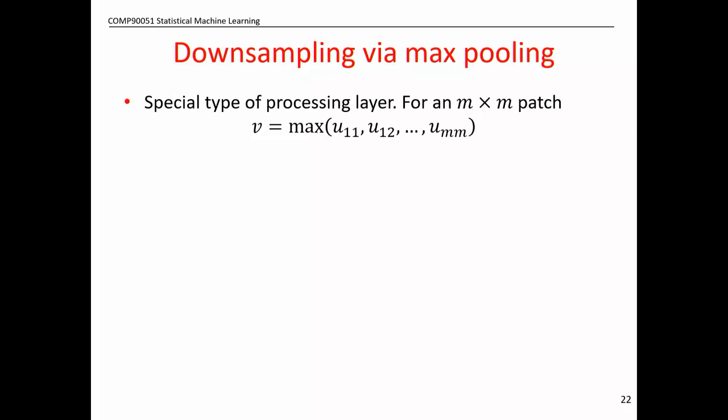Okay, so how does it work? Well, let's just invent a new layer. Let's just make something up, right? So what we're going to do is we're going to have a little window, an M by M patch, where we're going to take that window and we're not going to add them up, we're not going to do a weighted sum, we're not going to do anything fancy, no smoothing. We're just going to take the maximum of all of the values in the patch. Just the max. So almost all of the members of the patch could be small values, like not much activation, but maybe one of them activated a lot. That's going to be the value of the max pooling. Okay, so max pooling is just taking a max of a pool.